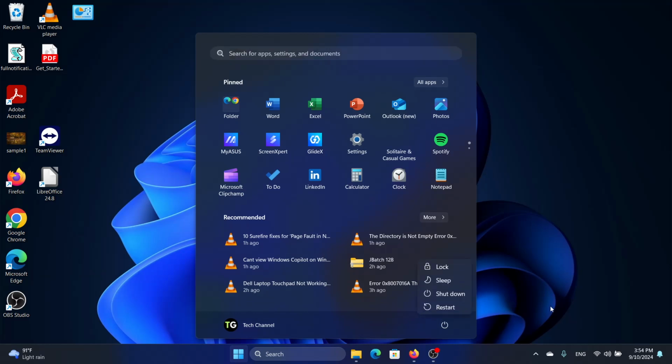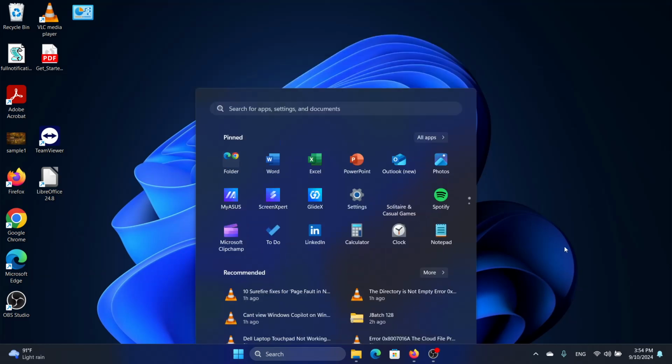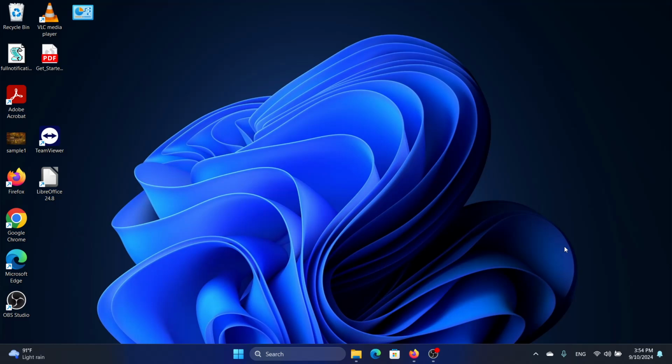clicking on the power button and then clicking on restart, and you should no longer have any connection issues related